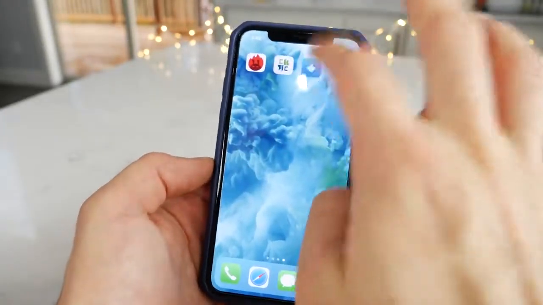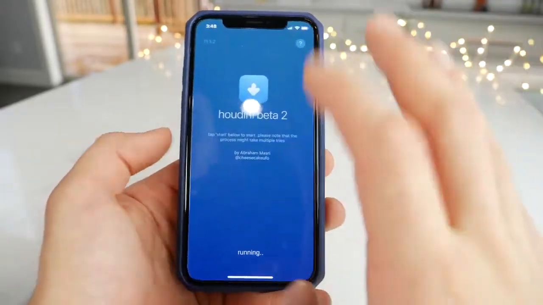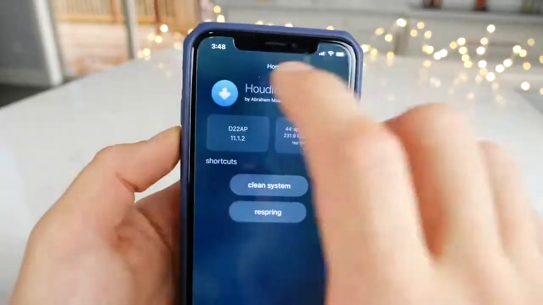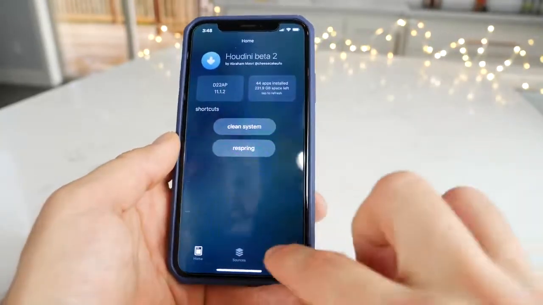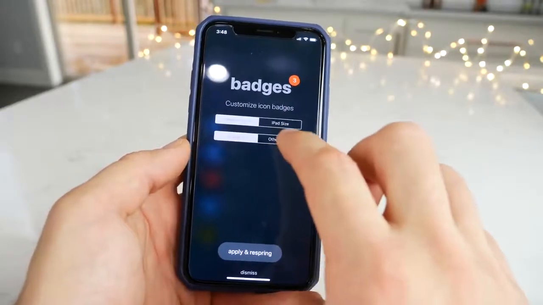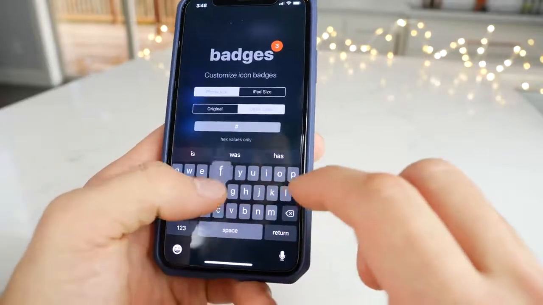Well, actually, this is a different one, Houdini, but it works in a very similar manner. I very much like this. So thanks to Abraham Masri for releasing this to everybody. Again, you have to be on iOS 11.1.2 or earlier to use it. Anyways, you can go into icon badges here, and you can apply a different color. You do have to use a hex value. So I'm going to use